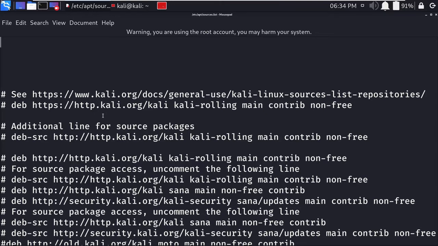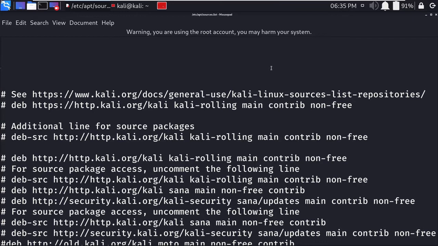A Linux repository is a storage location from which your system retrieves and installs OS updates and applications. The software which you are installing is stored at a remote server, and the repositories fetch those installation packages and install them in your system. So repositories work as a bridge for your installation. You can see here our repositories are missing. The hashtags mean they are commented out, so they are not usable, or they are just a single line which cannot be processed.